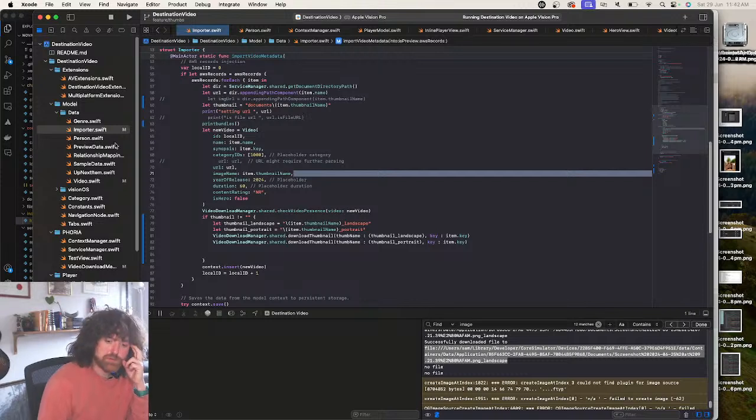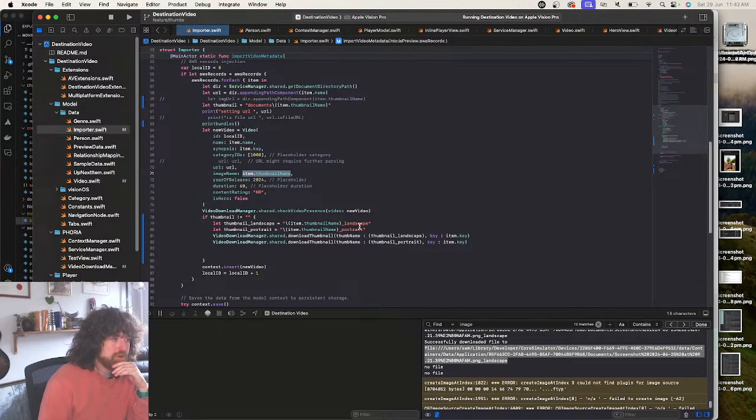It's returning them correctly, as in, it's pretty simple. It's like item.thumbnail, and then